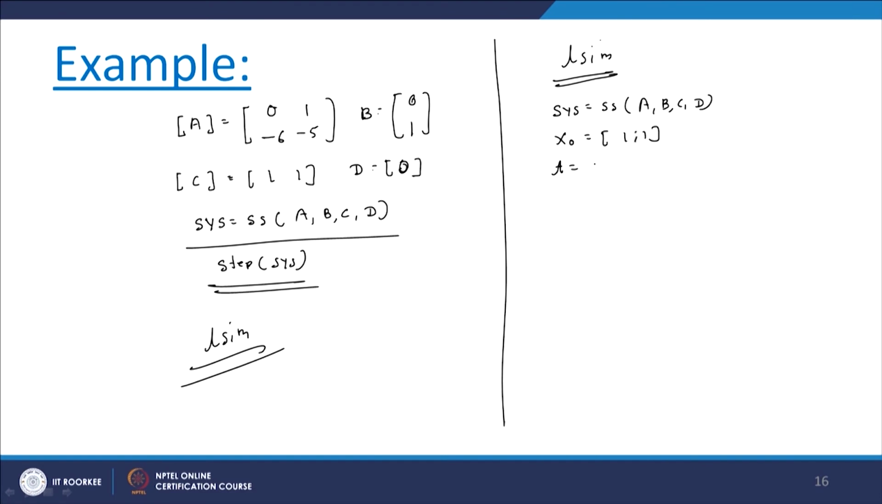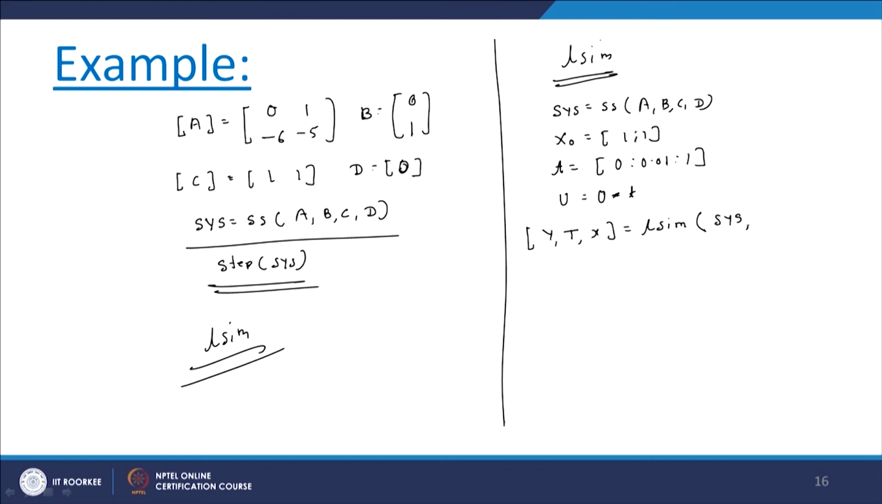Let us say we define the time as 0, 0.01, 1. Then this is the input u. You can take any input. Here I can take, say, 0 multiplied by t. You can take sin t, cos t, any input, but it has to be represented with time t. So u 0 into t, and here we can write y, t, x on an lsim